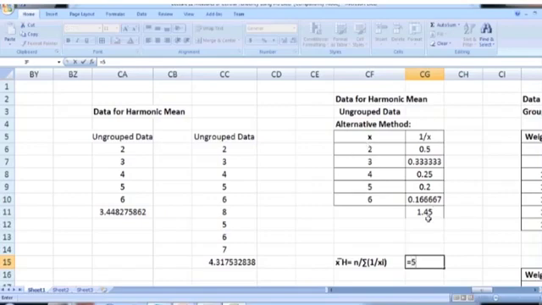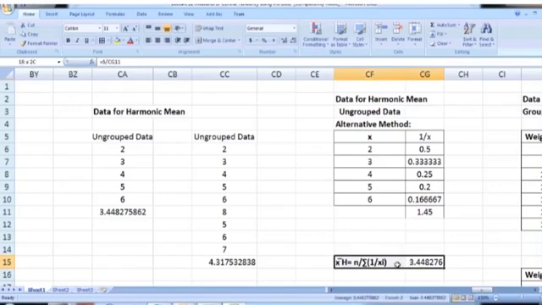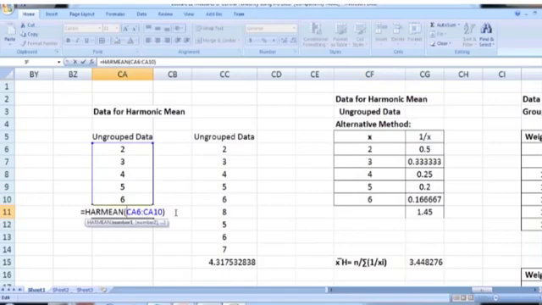So 5 divided by summation 1 over x, which is 1.45, located in cell CG11. By pressing enter we get the harmonic mean, and remember that this number 3.4482 is the same as this number. So you can use this method using the direct formula or using the Excel built-in command, which is HARMEAN.